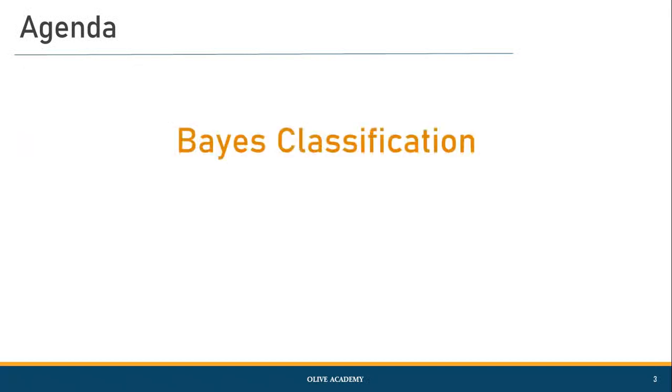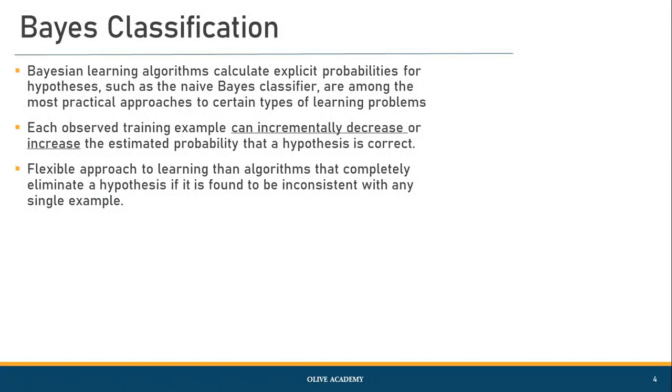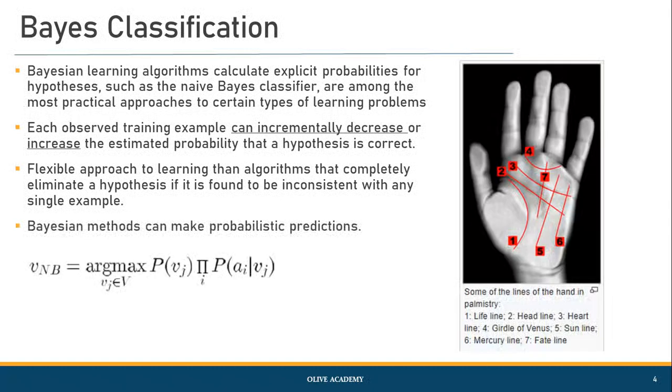Now, in the part 1 video, we have already seen what Bayesian classification is, what conditionally independent and conditionally dependent events are, and the classic example problems such as India versus Pakistan in a normal cricket match, how we apply Bayesian classification to do probabilistic predictions, and also how we do probabilistic predictions using palmistry as well, right?